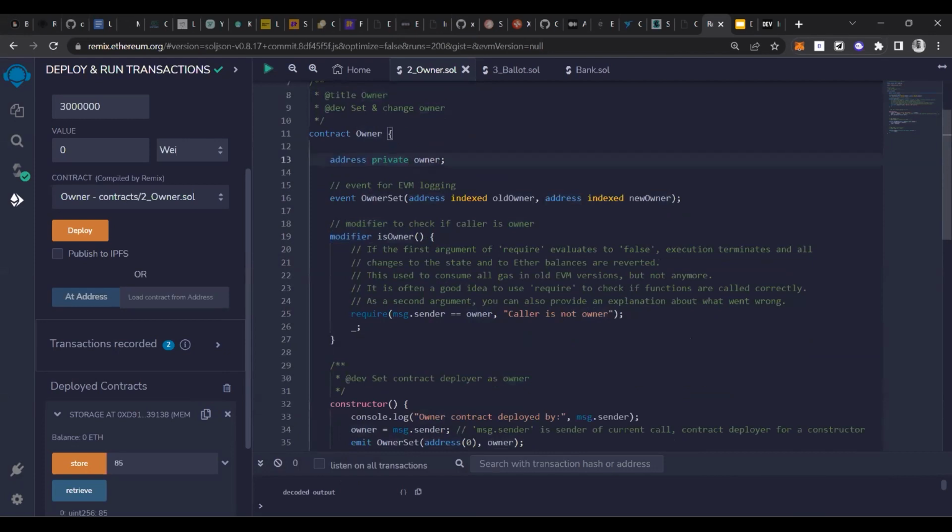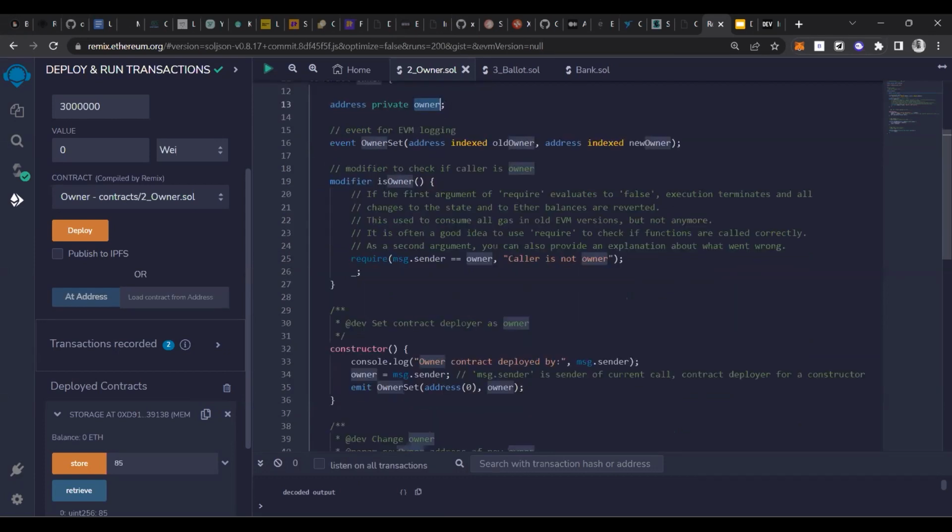No one can see the actual details other than this smart contract. It's only accessed by this smart contract, and no other smart contract or user can access it.